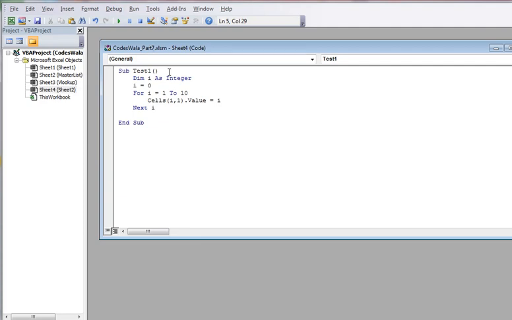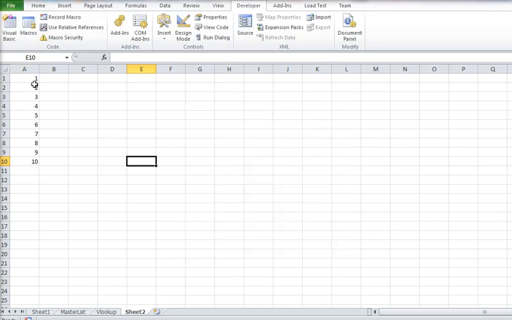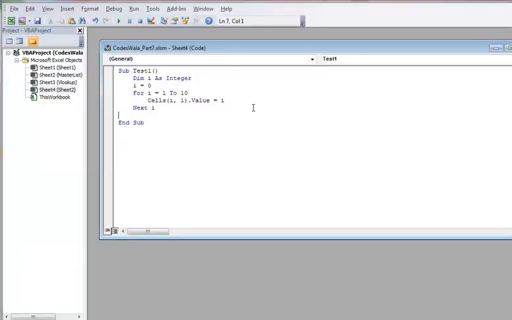So I have written this. Just run this macro, run. You can see here 1 to 10 has been put here. So if you want to add strings, or add with some other value and get the value at B, we can do that by adding,